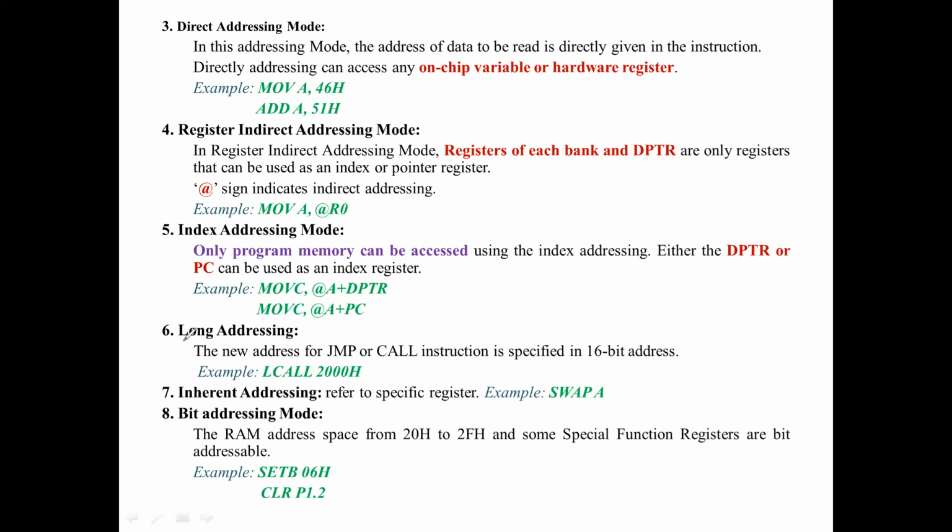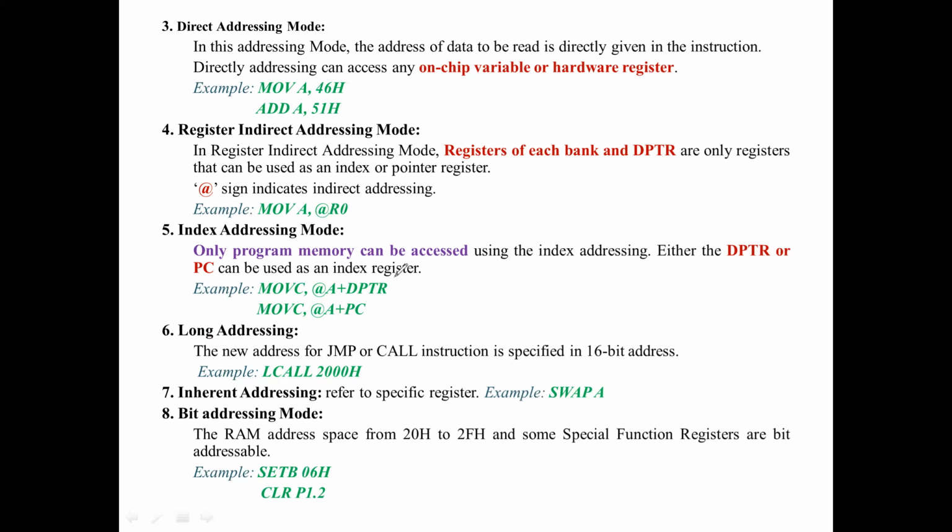Okay. So now long addressing mode. That is, we have the instruction LCALL for a subroutine. This type of instruction will come into long addressing mode. That is, like in C language, how we use a call by function, call by value. So like this, we have LCALL, ACALL, and SCALL. So by using this call, you can jump from one place to another place. That is, you can move to this address where your subroutine starts. That's it.